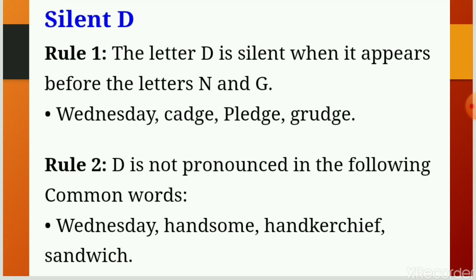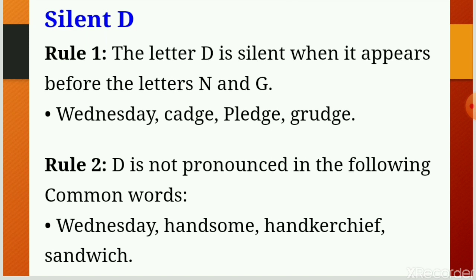Now we're going to move to rule 2 of the silent letter D. D is not pronounced in the following common words. As I told you, the examples above are absolutely vivid, clear, and obvious to my diligent student here. The examples are Wednesday, handsome, handkerchief,